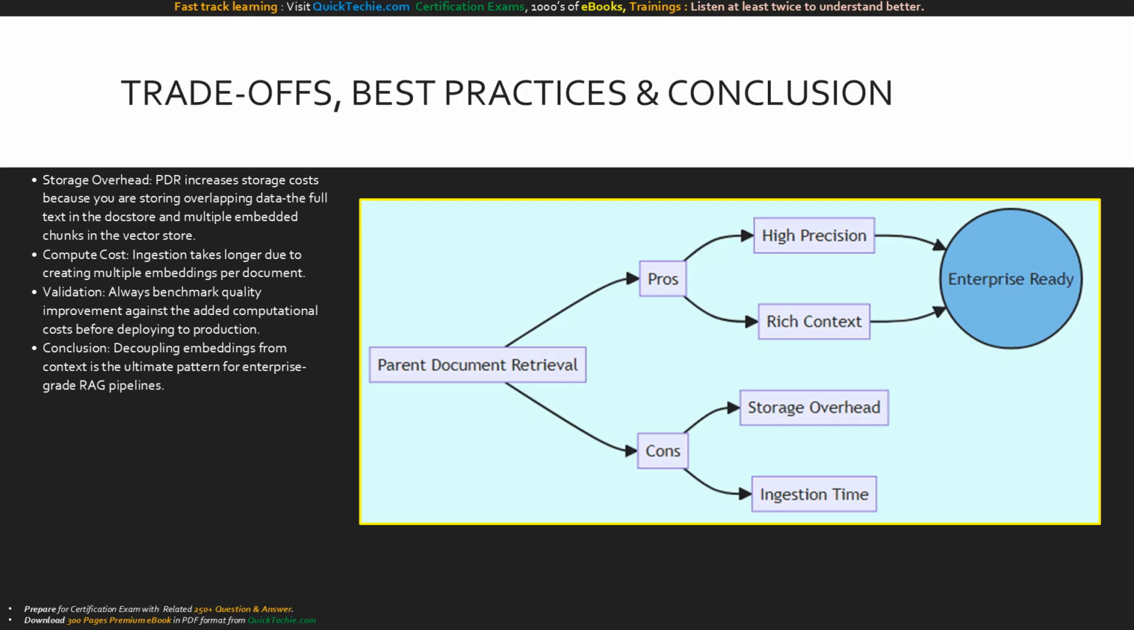However, for complex enterprise data, decoupling what you search from what you pass to the LLM is the ultimate design